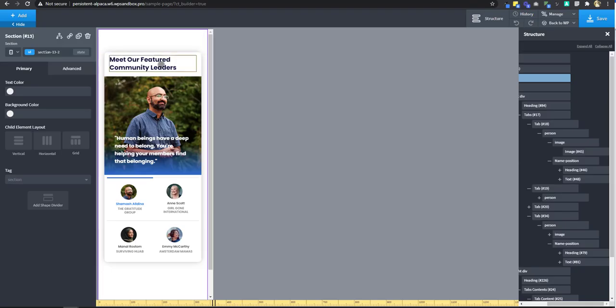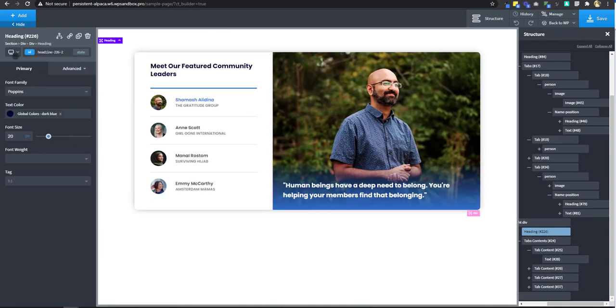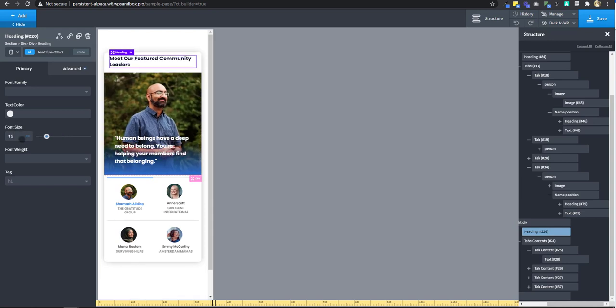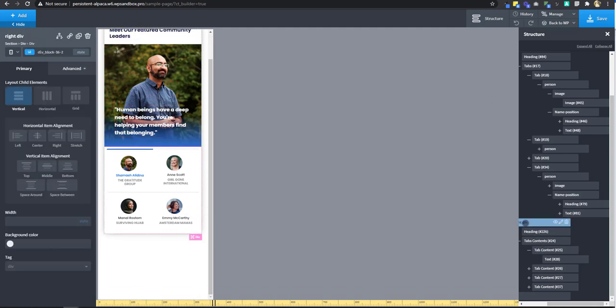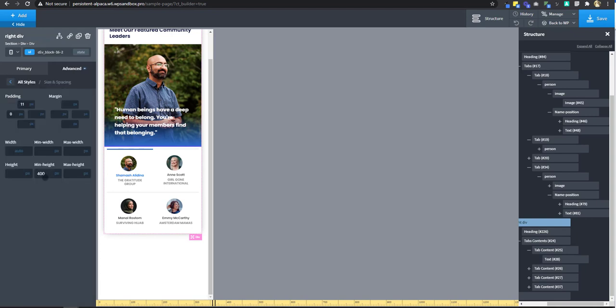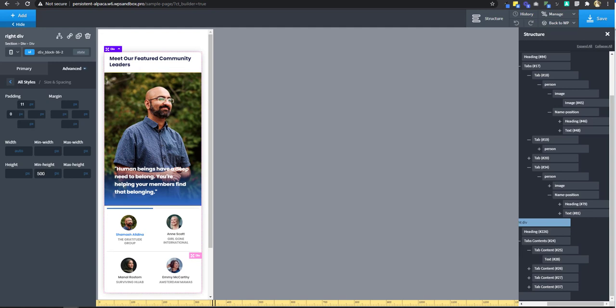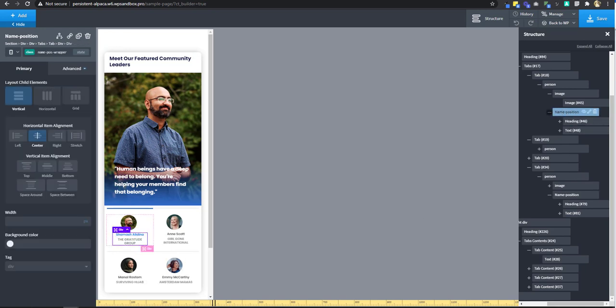So first of all, I'm going to reduce this text. Originally this text was 20, so I'm going to move it to 16, so we can have enough space. And then for this right div, we had a minimum height of 400, which is okay, but I'm going to move it to 500. Then for this name and position,